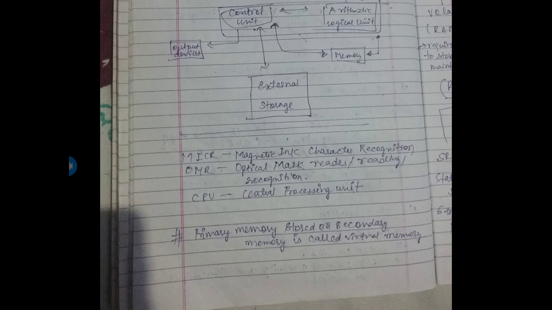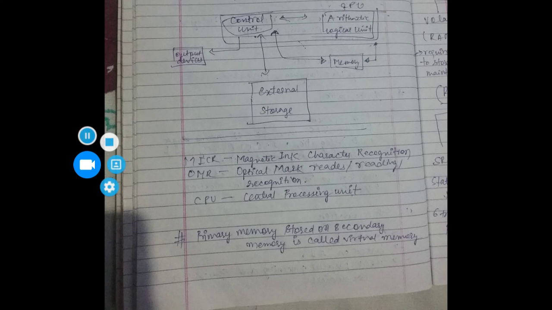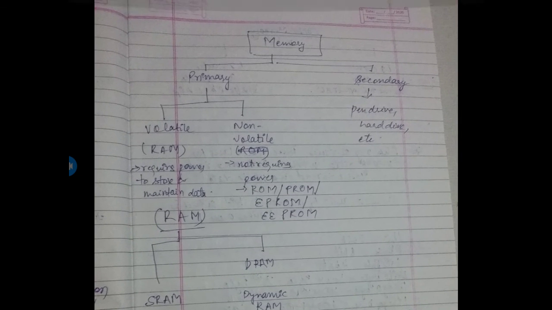Booting is of two types: cold booting and warm booting. Cold booting is the booting that occurs when we start a computer, before pressing the on button on the CPU; the booting takes place. That is cold booting. And warm booting is the booting that takes place when a computer is in the on state and we restart it. For resetting the computer, we can use the Control, Alt and Del keys simultaneously from the keyboard.